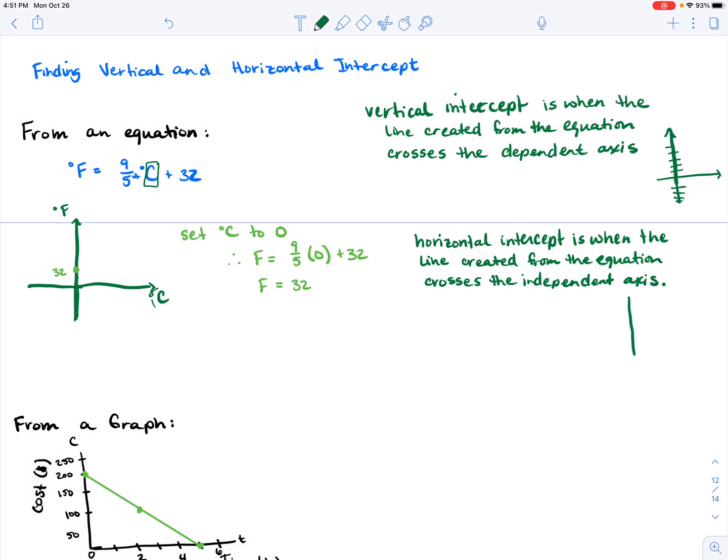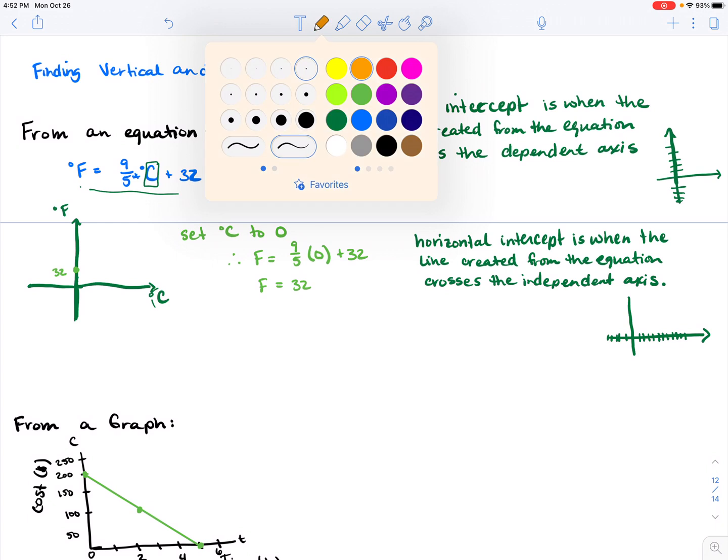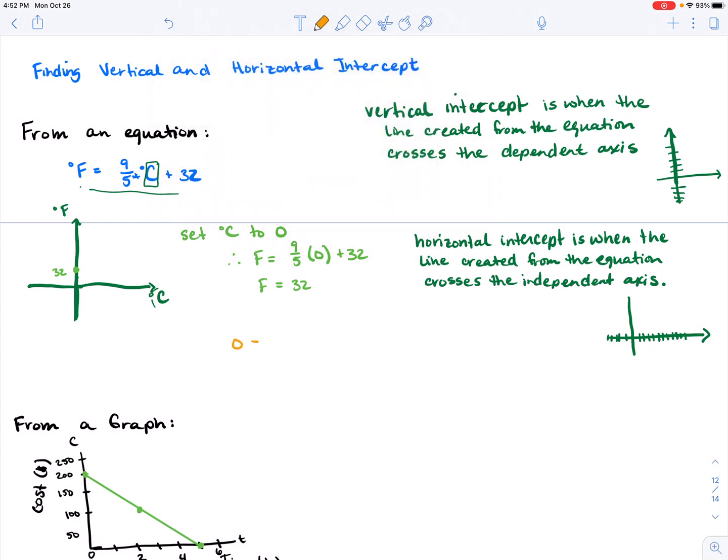So now we're looking somewhere along here, our independent axis. So we're setting my dependent variable to 0. My dependent variable in this equation is F, my Fahrenheit. So I need to set that to 0. Therefore I'm going to have 0 equals